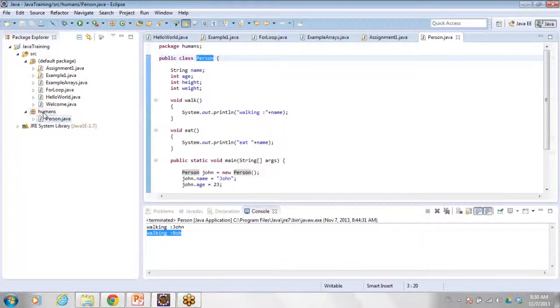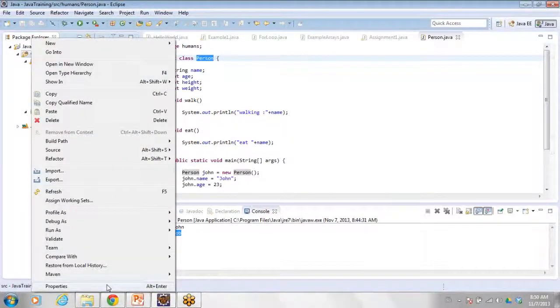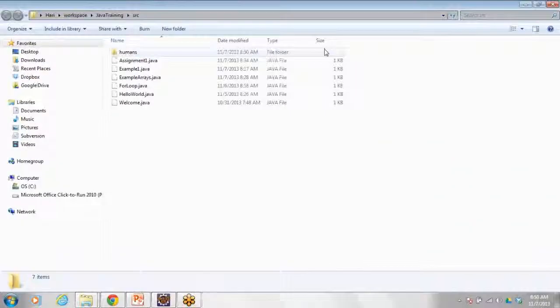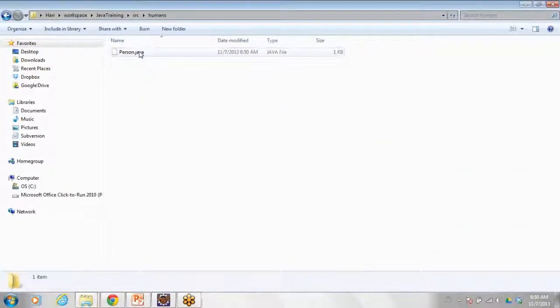So what Java will do internally is it will create a folder structure with these packages. So if we look at how it is organized in the file system, a folder will be created for each package.